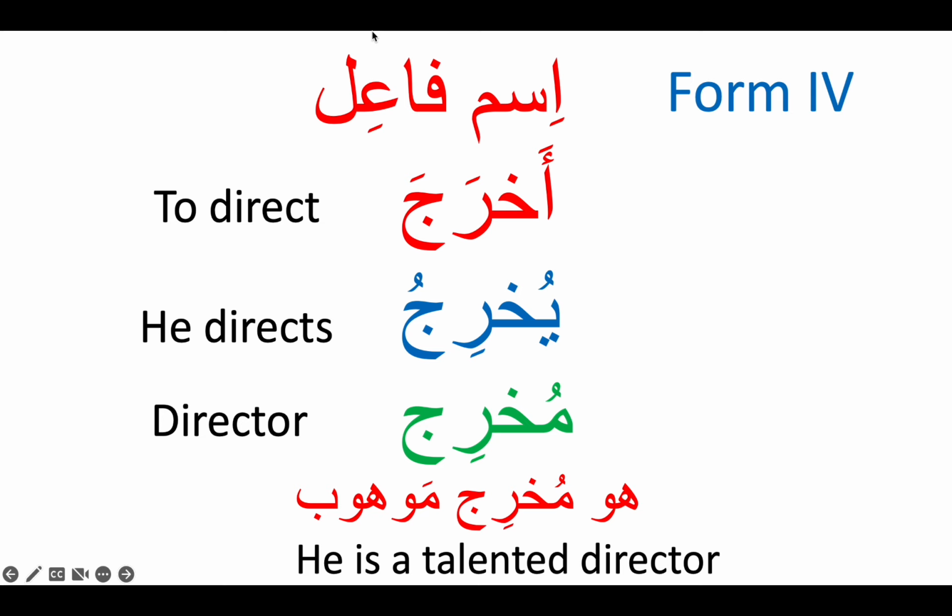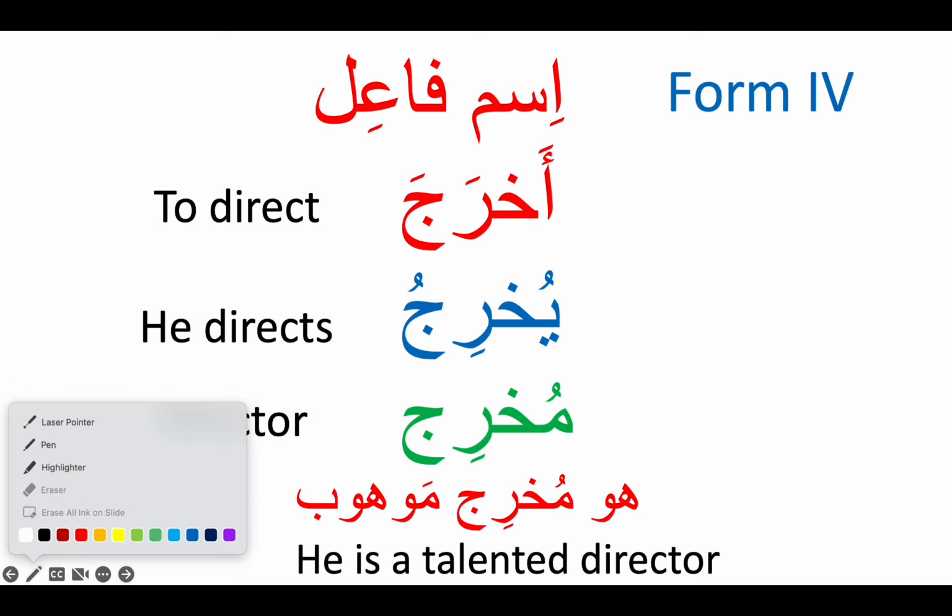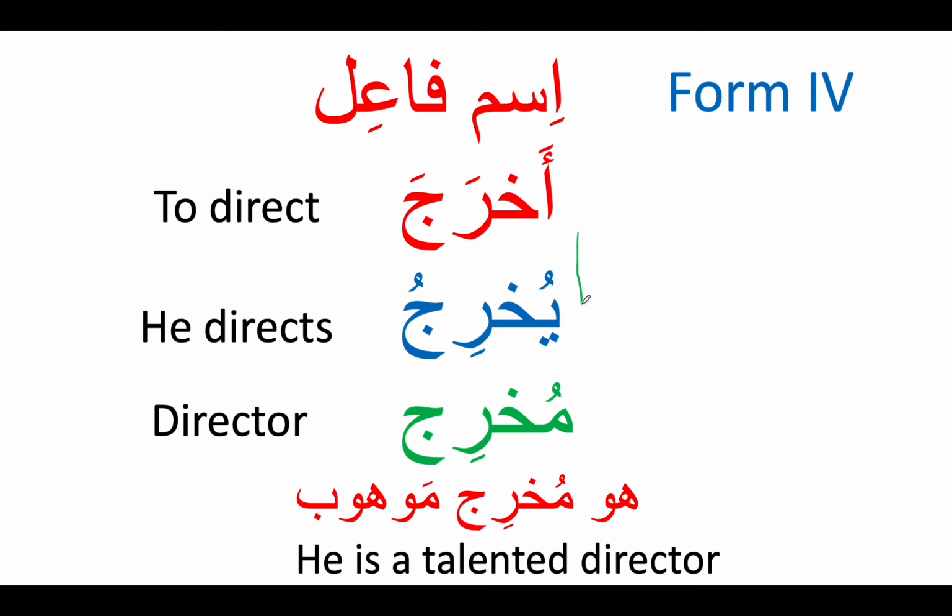So, the verb that we're going to start off with as our example is the verb in form 4, أخرج, which means to direct a film. It also means to take something out of your pocket. But in this context, we're going to be focusing on أخرج, meaning to direct. So to form the ism fa'il, the active participle, we first need to take our verb in the infinitive, which we have, أخرج. Then we need to put the verb into the present tense, which is